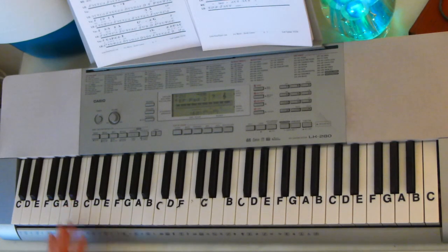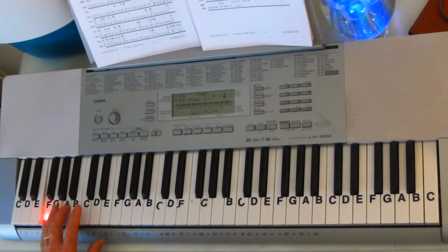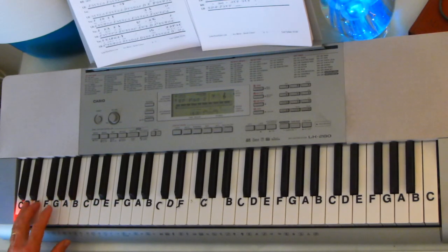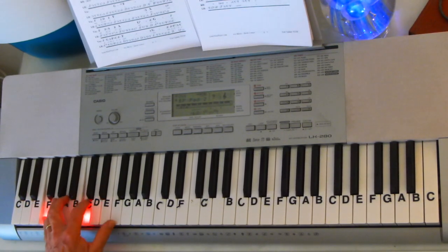So for the tag, you're just playing that opening Ave Maria. And in the left hand, you're playing an F arpeggio, D minor arpeggio, and then a C in the bass with an F arpeggio, C in the bass with a C arpeggio, and then a D minor arpeggio right to the F,